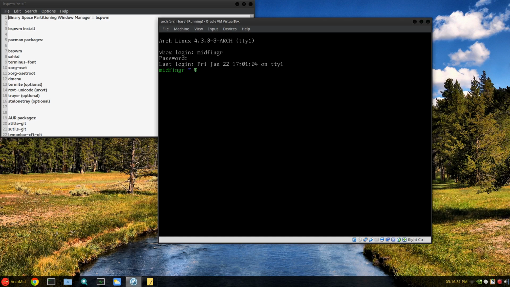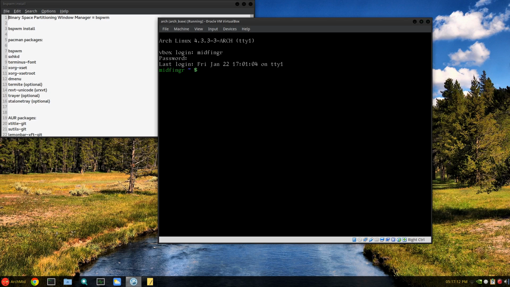So bspwm is an acronym for binary space partitioning window manager. To tell you the truth, I'm not sure what that means, but there you have it. It does work. It takes a lot of configuring and a lot of patience and a lot of syntax checking and so on. But the good thing is it's easy enough to install in Arch Linux, and it gives you all of the examples to get you started with a panel